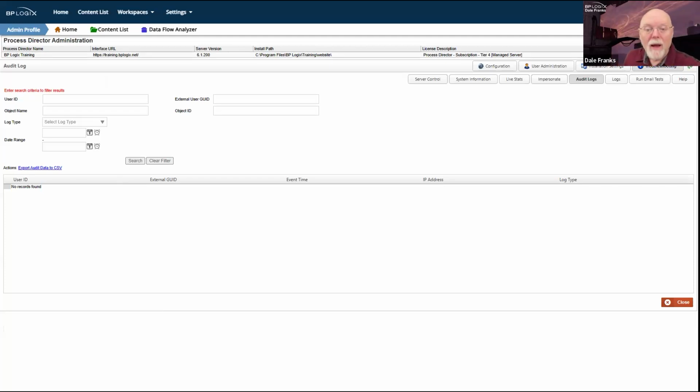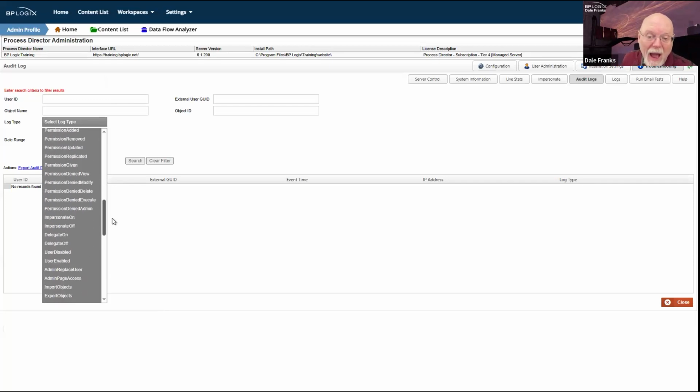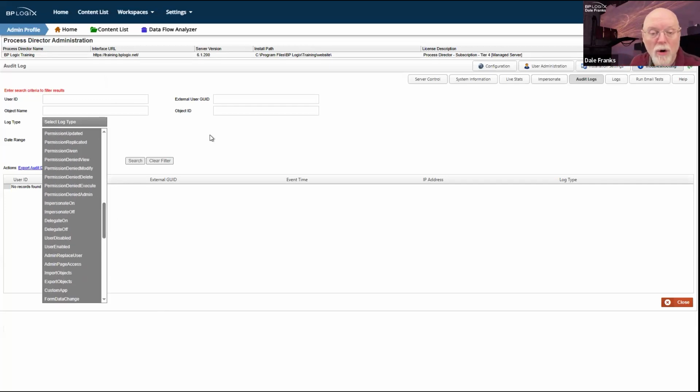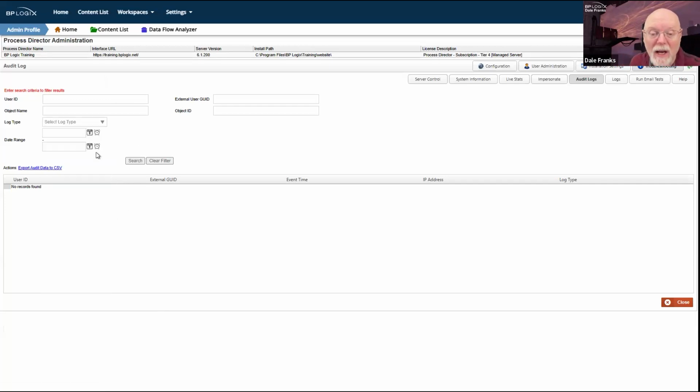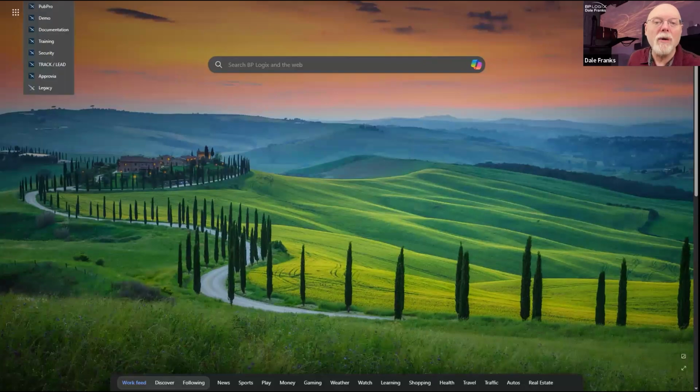But for you, this is great because what it enables you to do is to search for a user or an object or a particular type of action that a user might have done, and inside a particular date range, and then to run a search. As long as audit logging is turned on via the custom variables, and I don't remember what they are off the top of my head, but they are shown, I believe, well, they're certainly in the documentation.